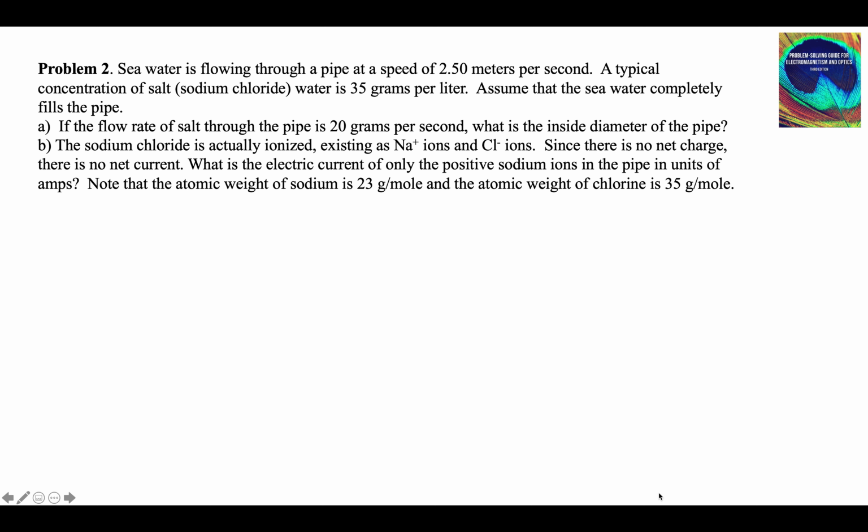The typical concentration of sodium chloride in water is 35 grams per liter. We're going to assume that is the concentration. We're going to also assume that the seawater completely fills the pipe. If the flow rate of salt through the pipe is 20 grams per second, what is the inside diameter of